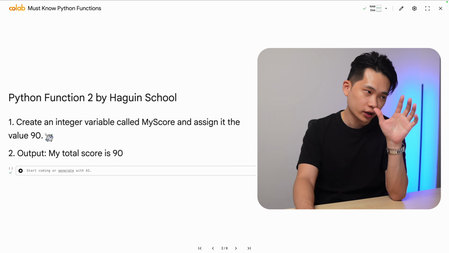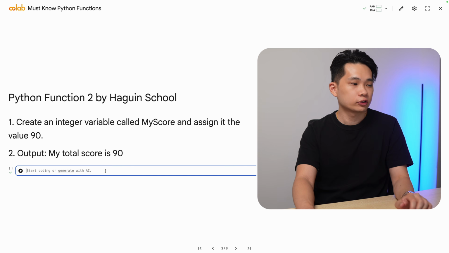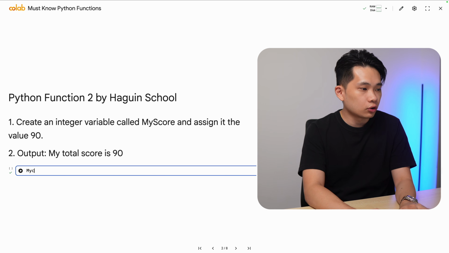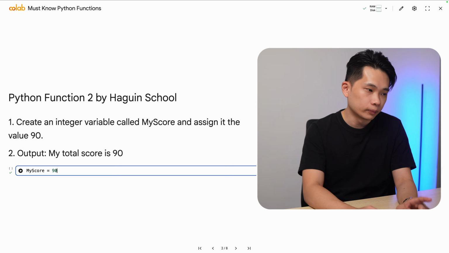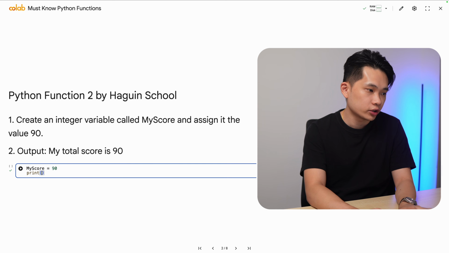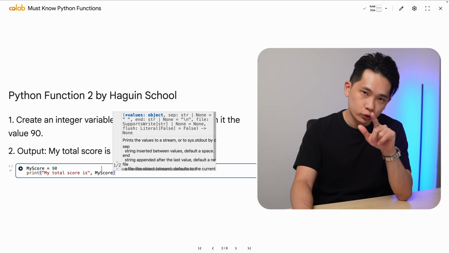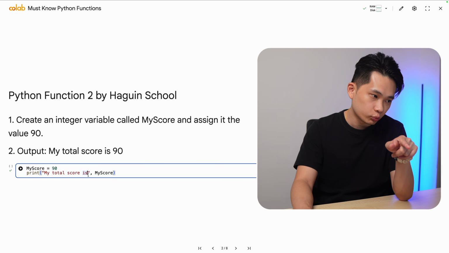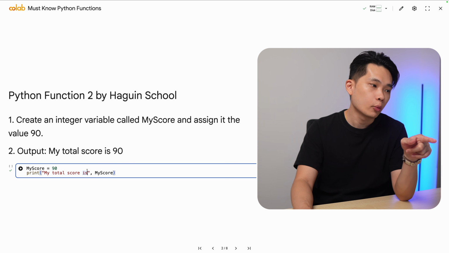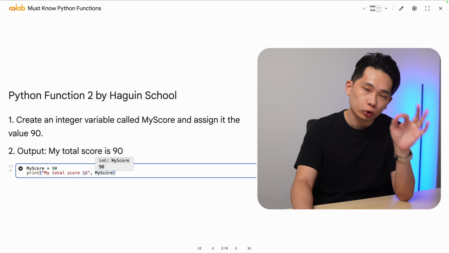And then let's look at the function that I want to emphasize for this tutorial here. So first of all, I can just write my score is equal to 90 here, and then I can just do a print statement. I can just print my total score is, comma, my score here. So take note that if we use this type of print statement here, we don't have to put a space here,